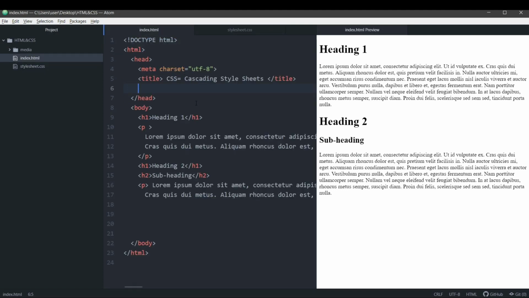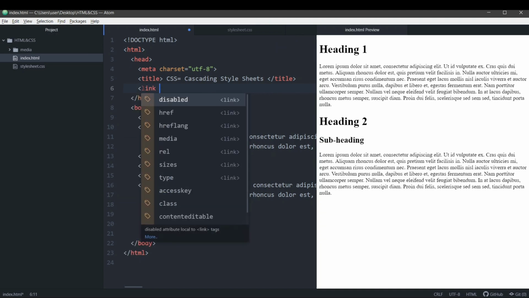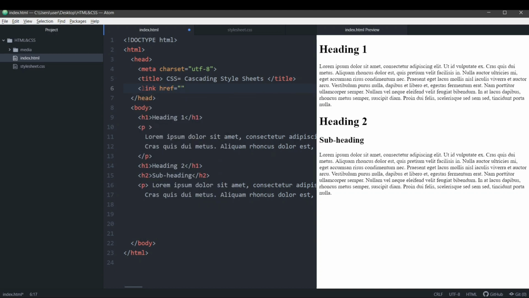So how do you do that? How do you link your CSS file to your HTML file? This is an external file that we created. So the syntax to do that is by using the link tag. You write link, then you write the href, then you write the name of the file. Now as it is in the same level of hierarchy, you can see that index and style.css are both in the same level of hierarchy. We do not have to go to any folder.